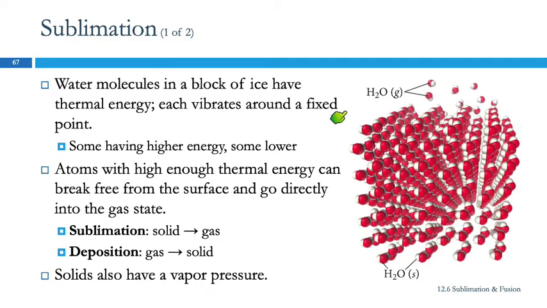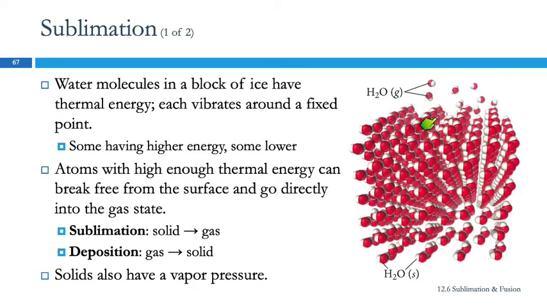So here we have an illustration of a block of ice, and these water molecules have thermal energy. They are vibrating, but they are fixed in place relative to each other. They can't move around, but they can wiggle in their seat, right? Some of these will have higher energy, and others will have lower energy. The average is related to the temperature. So you can have